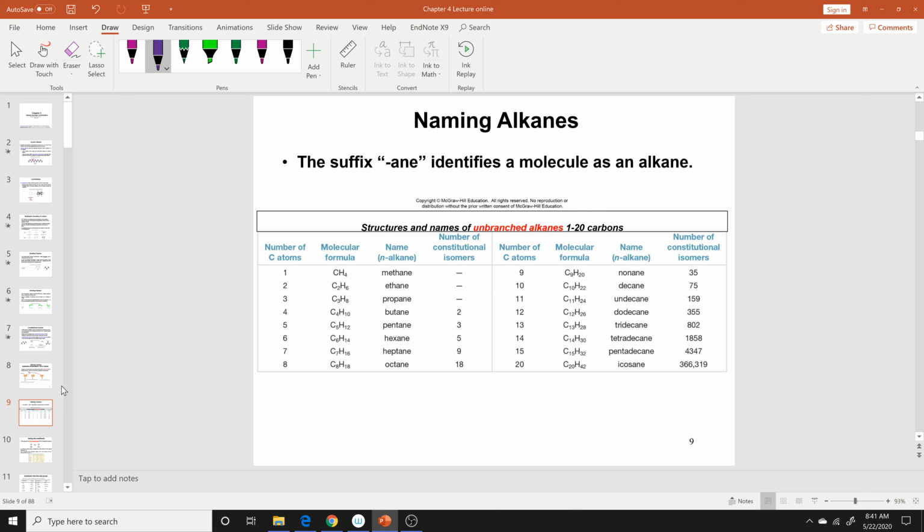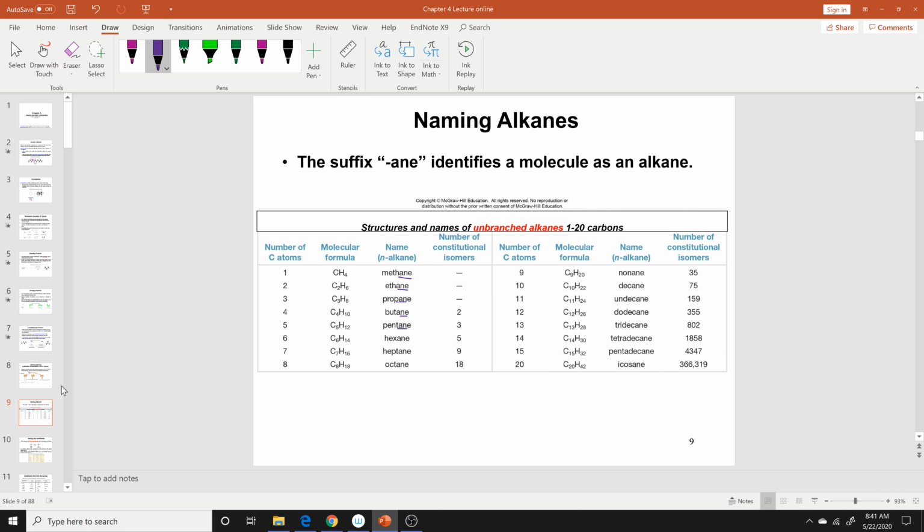There are certain things in organic that you need to memorize, you guys. One of those is this table over here. Some of the students made a song out of it. I don't know the song, but just be creative. Here you go. 1 carbon is methane. 2 carbon is ethane. So notice the A and E ending for each one of those. So meth, eth, prop is 3 carbons, but is 4, pent is 5, hexane, heptane, octane, nonane is